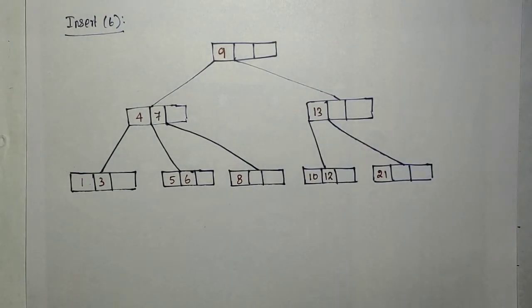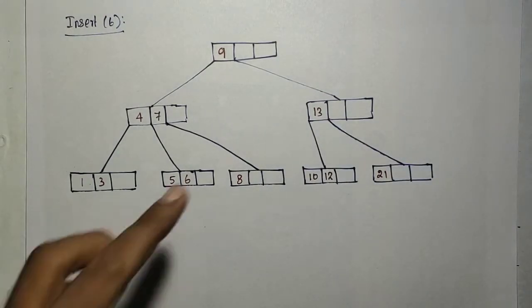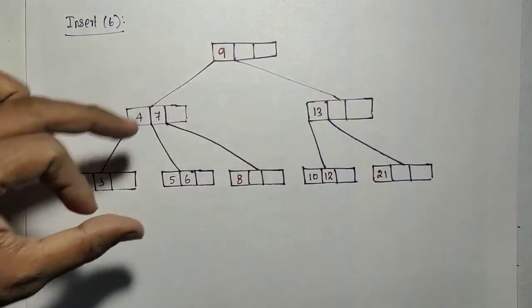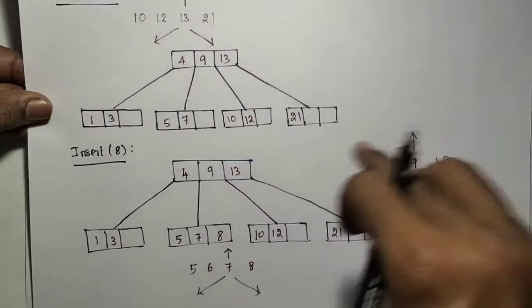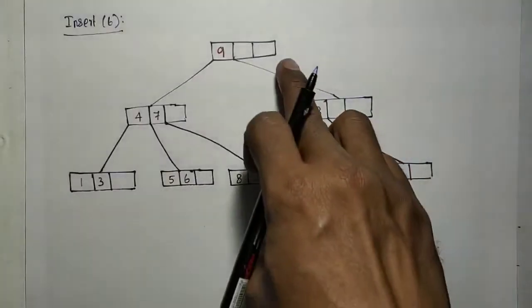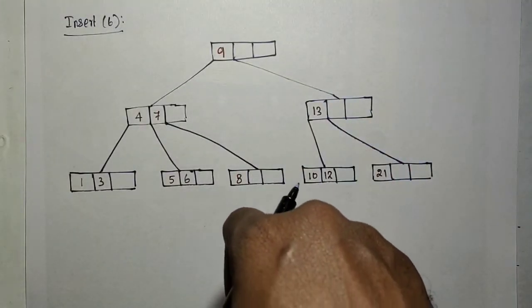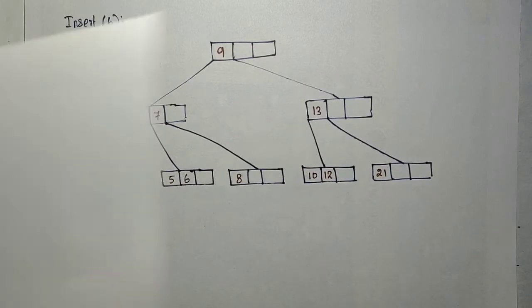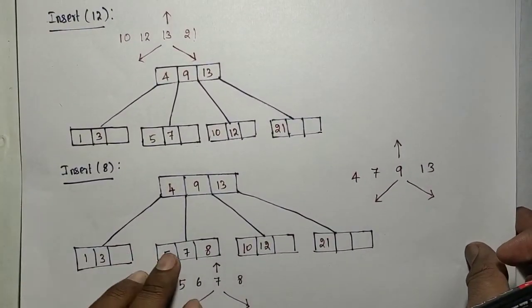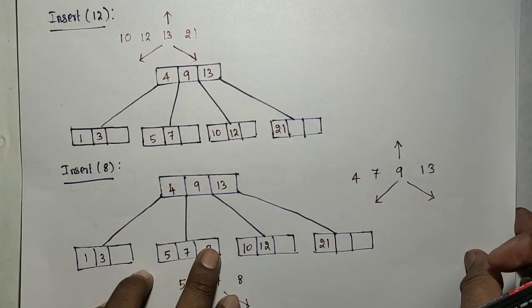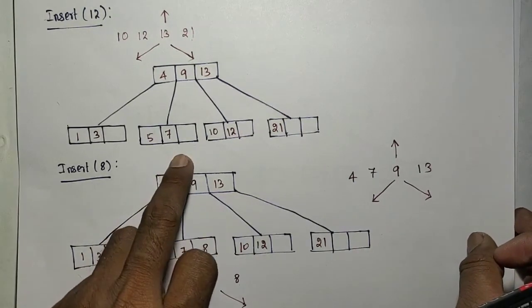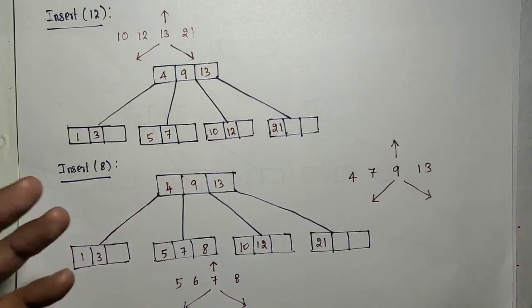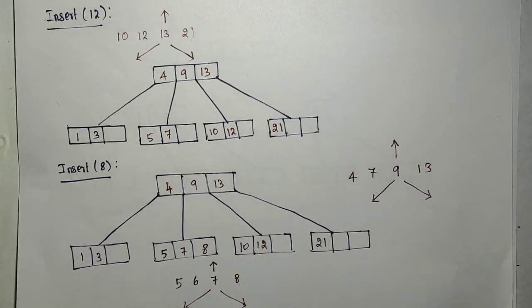So what we have created, we have inserted the 6. So after inserting, now the levels have increased. Previously only 2 levels, level 1, level 2. Now it is 3 levels. Okay, it has increased. This is because while trying to insert the new node at the leaf, there was no space, so we are moving that element into the previous level. In the previous level also there is no space, so we increased the level.